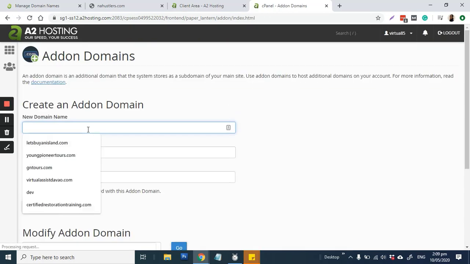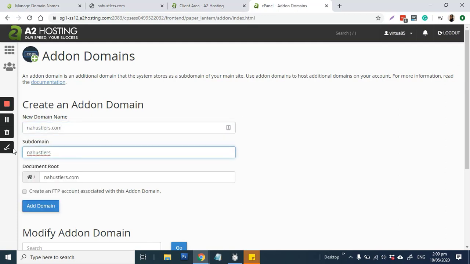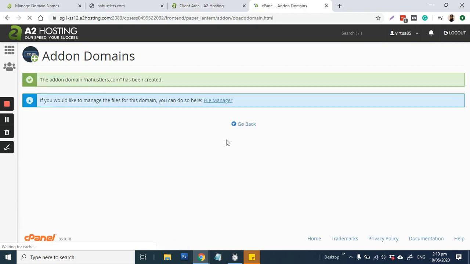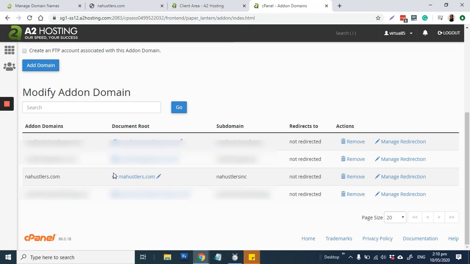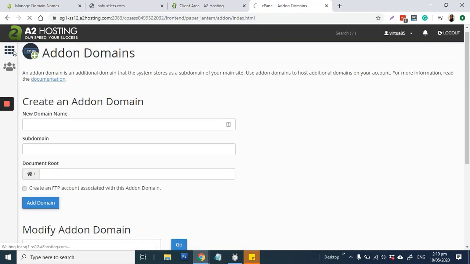Oh, sorry. Yeah, I already set up a subdomain. Any hustlers? Let's add ink here. Because I already set up a subdomain for the staging site, that's why it wouldn't allow me. So I just had to change the name a bit. Okay. Now, add-on domain any hustlers has been added. You can now go to File Manager. We won't do that. We'll go back. So you'll see any hustlers is now added here, which is great. Now we're going to go back to our cPanel,